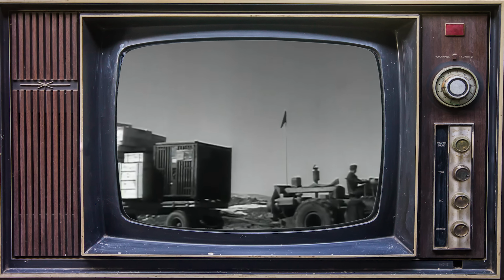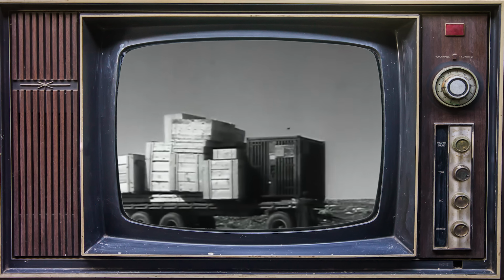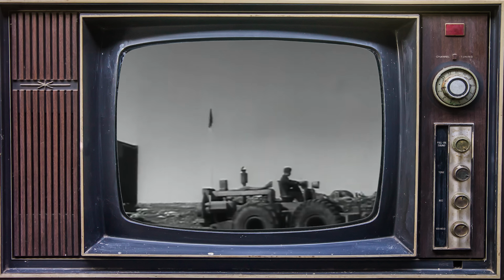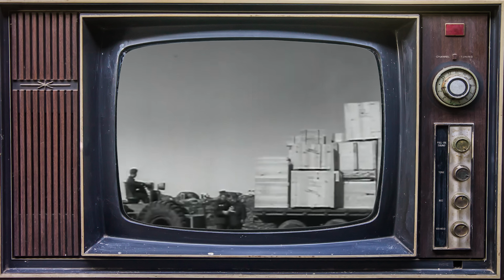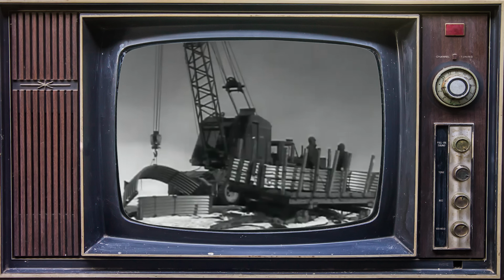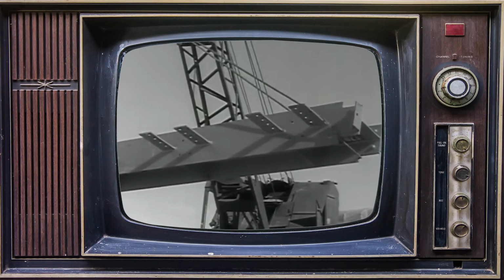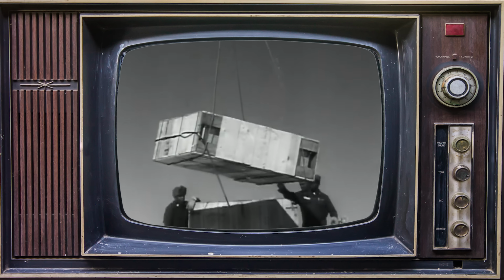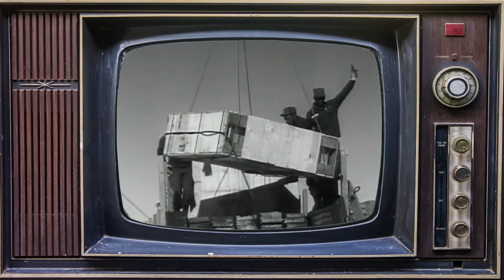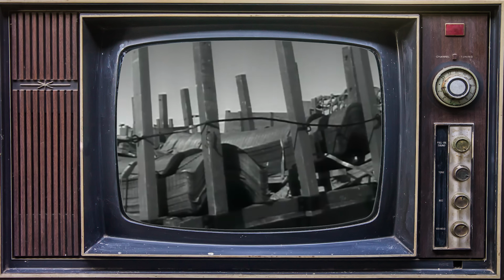All told, in 104 days, the base was completed, including the construction of 82 miles of roads, 38 fuel tanks, 10 hangars, 6 of which were 28,000 square feet each, by the way, 122 barracks, 6 mess halls, a gym, a service club, an officers club, a hobby club, a library, a base exchange, a post office, a theater, a chapel, a hospital, 63 warehouses, a laundry, a bakery, 2 main power plants, and 4 backup power and heating plants,